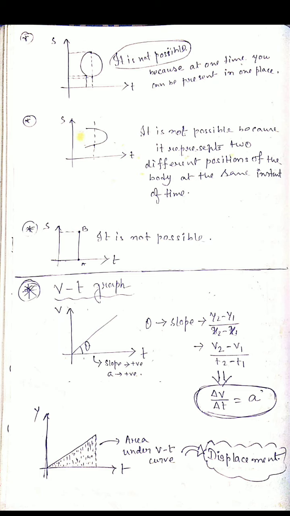So from the velocity time graph we get two ideas. One is the acceleration, which we get from the slope theta of the velocity time graph, and from the area of the velocity time graph we get the concept of displacement. So velocity time graphs give us two ideas: acceleration, the change in velocity with time, and displacement, which we get from the area under the v versus t curve.